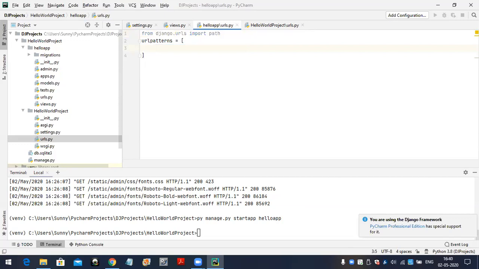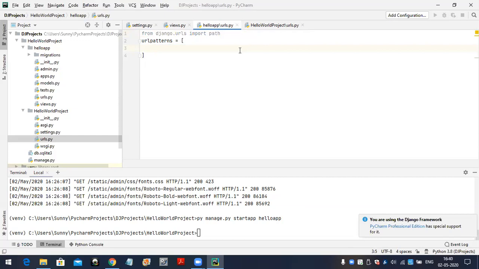At the application level urls.py file, admin is not required. Admin is related to the project, not related to the application. That's why admin we always put at the project level only.